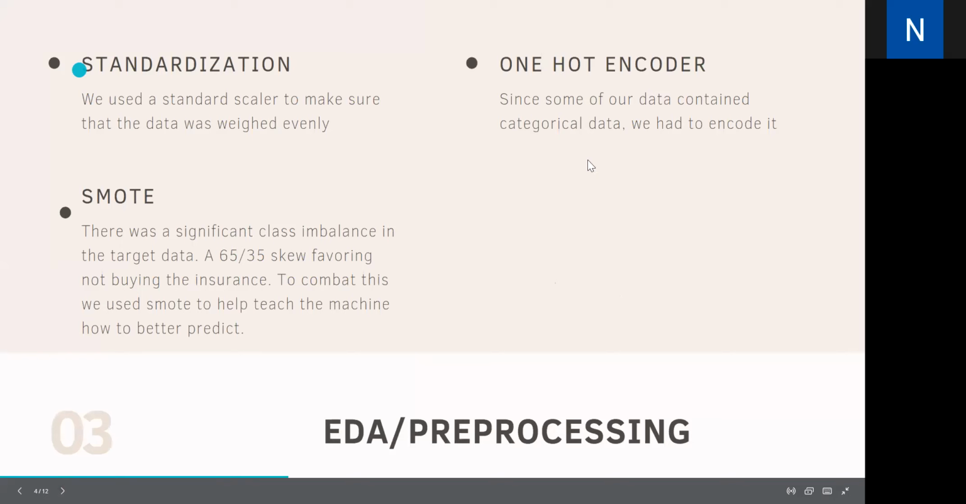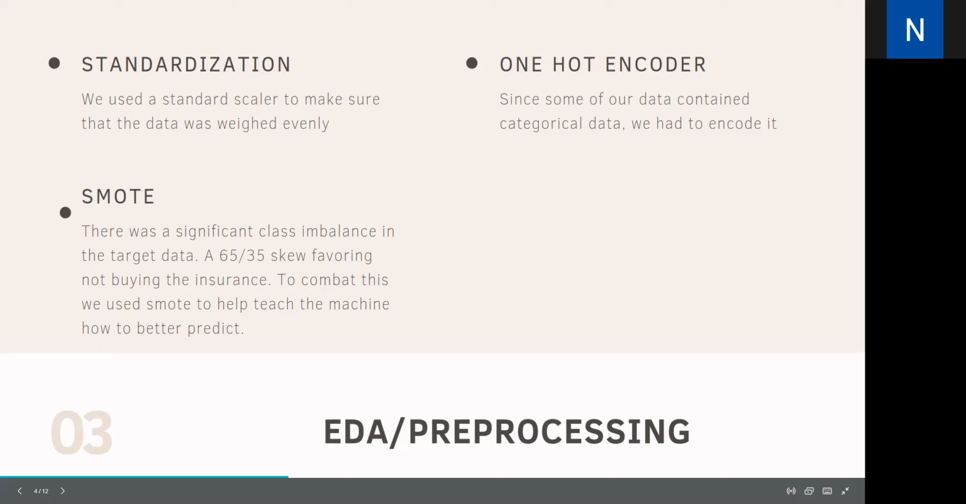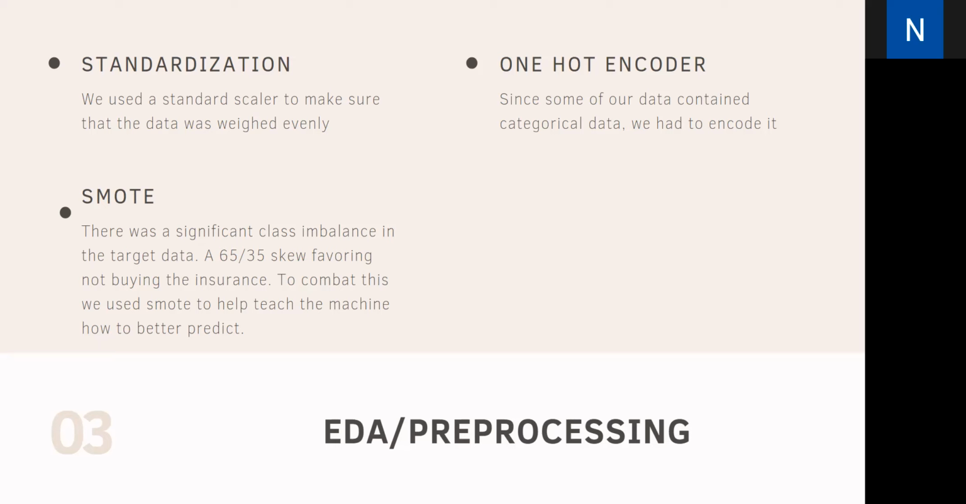Some of the EDA that we did on this data, in order to prepare the data for modeling, we standardized the data, making sure it was on the same scale, and encoded the categorical data so that it could fit through the model. And since there was a significant class imbalance between those who bought and those who didn't, we had a 65-35 split, favoring those not buying. We ended up using SMOTE to synthetically engineer some data in order to balance this out and get better predicted results. We also analyzed